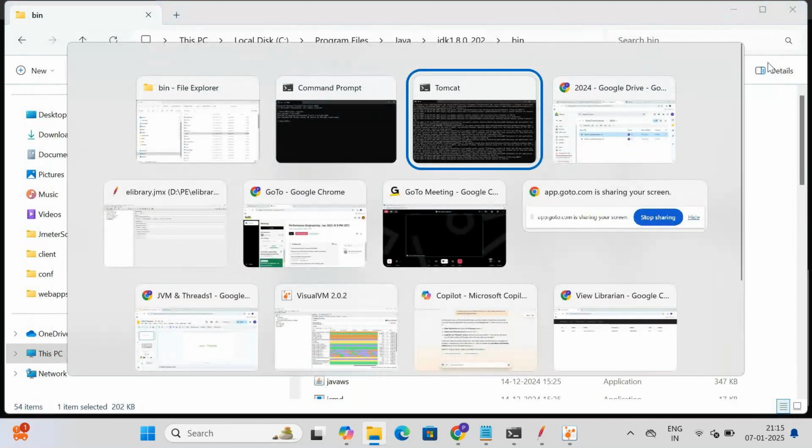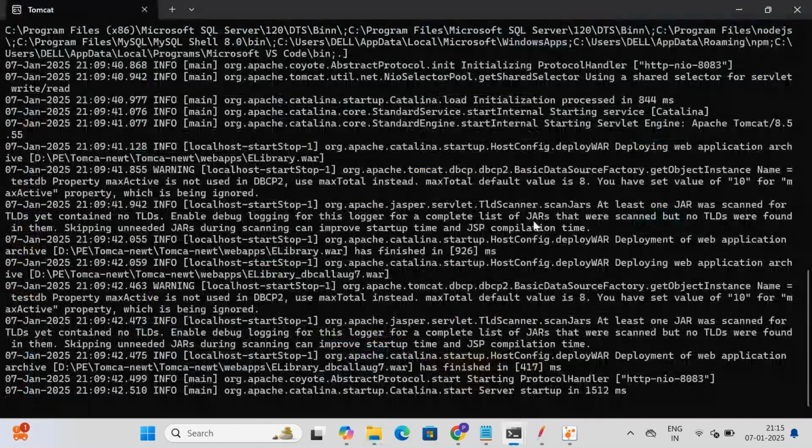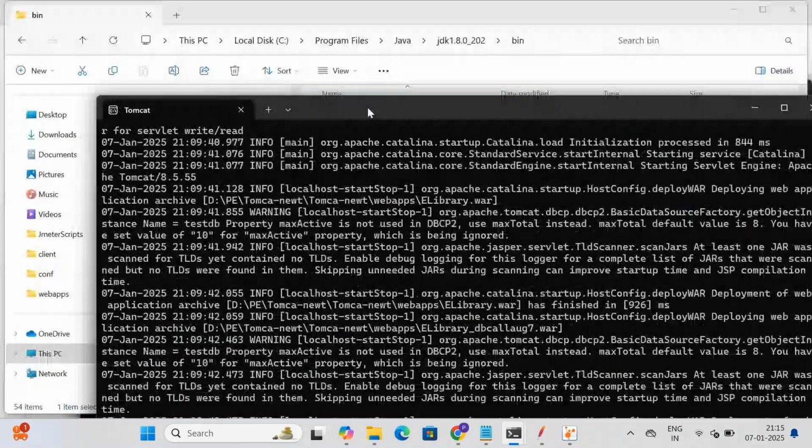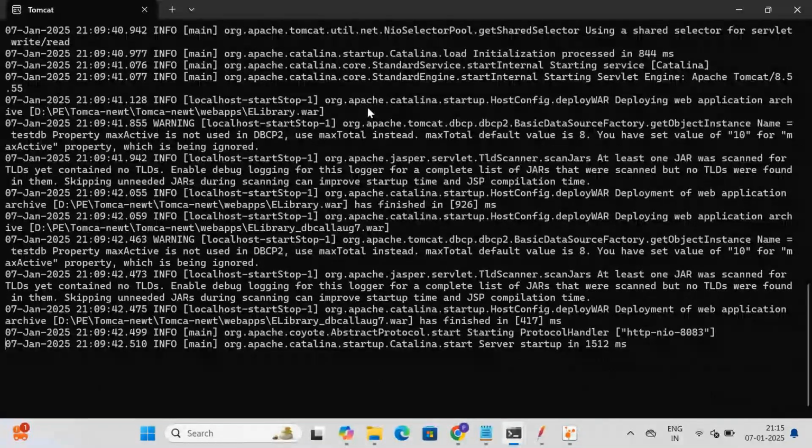Tomcat is not starting. Otherwise, you should get a message like this: the server started in certain milliseconds. Okay, so which means it's just a matter of 5 minutes, right? You're going to download the Tomcat from my drive, unzip it, and then go to the webapps folder, download the war file, rename it, and then go to the bin folder